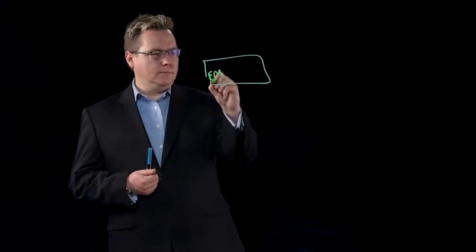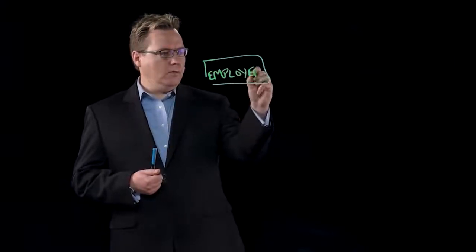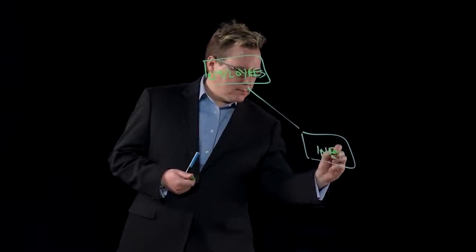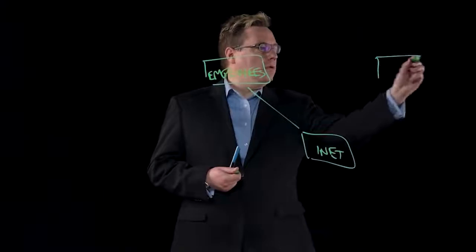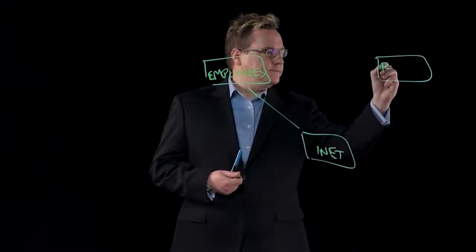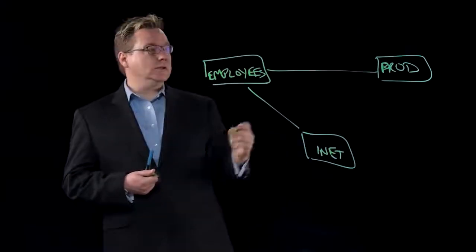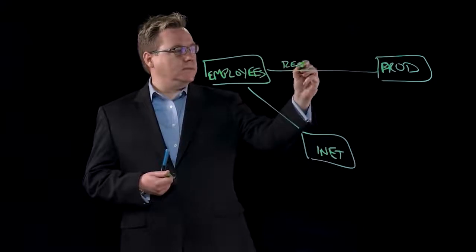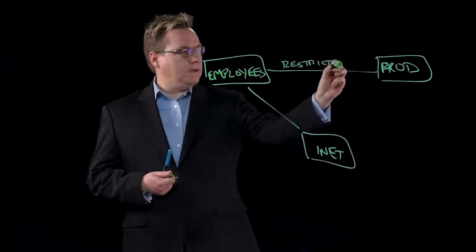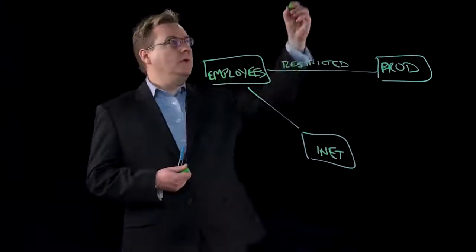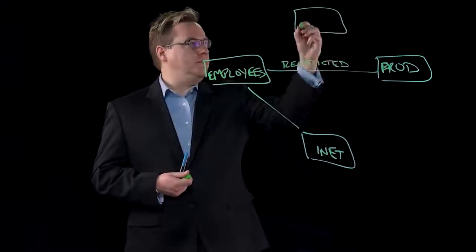Let's take the example of a PCI network. We have our employees. And our employees should be allowed to talk to the internet. Now, from a production server perspective, they should be allowed to talk to production services, but in a more restricted fashion. Because there will be a policy about what production servers they should be allowed to talk to and how they should talk. In the case of payment servers, though,